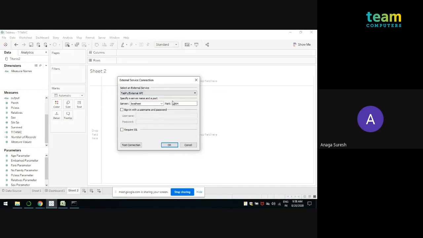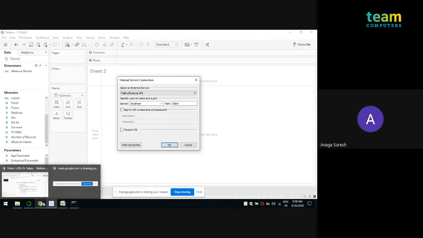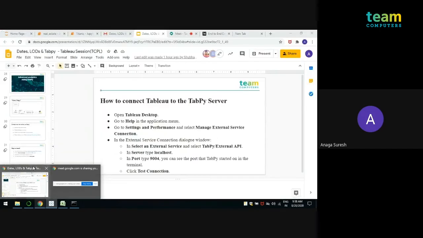I'm using TabPy, so I will connect with TabPy, localhost and 9004. Once I test the connection, I should get a successful result.